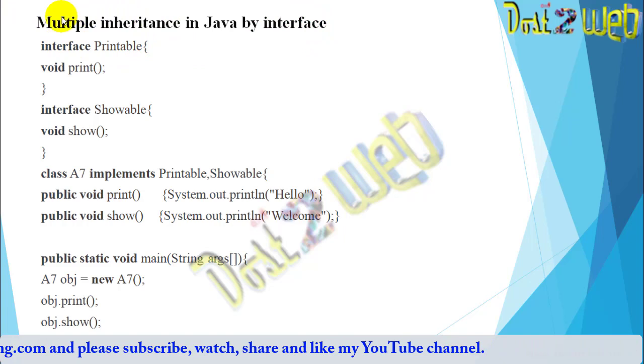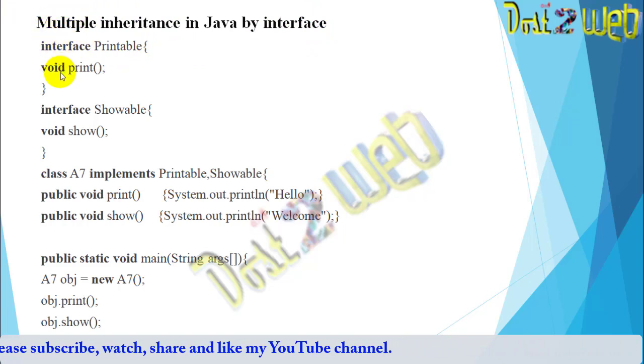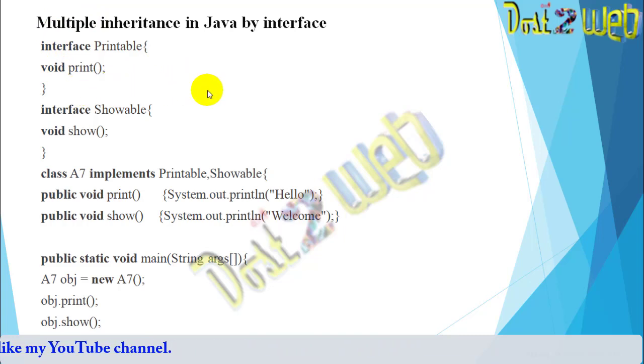What is there in multiple inheritance? You will have more than one superclass and one child class. You can see that Printable and Showable are two superclasses.